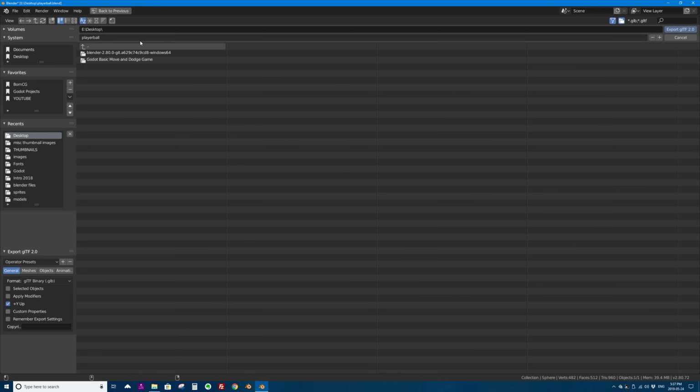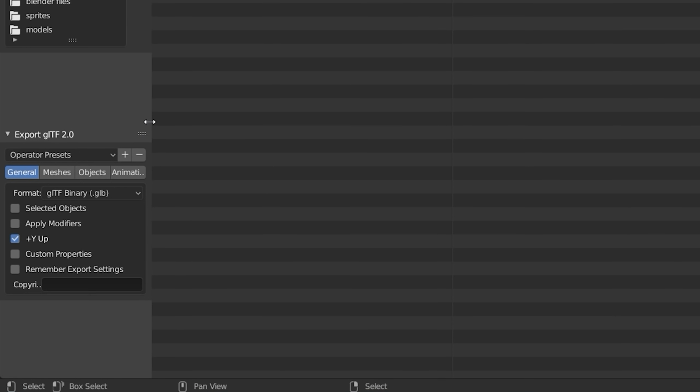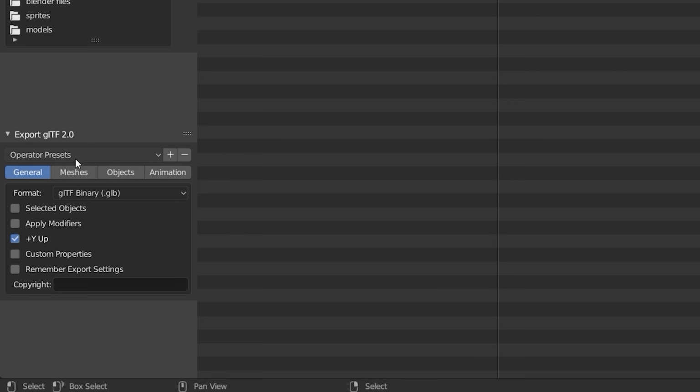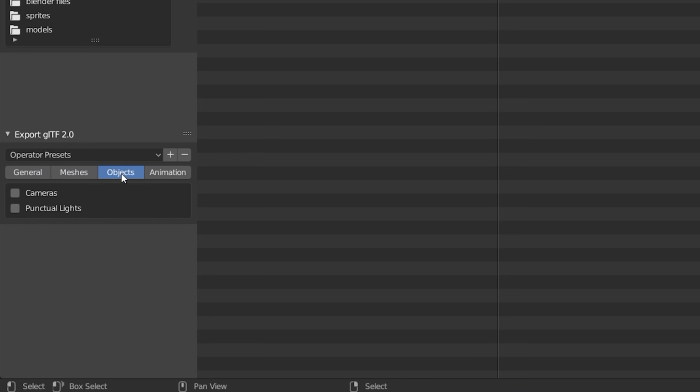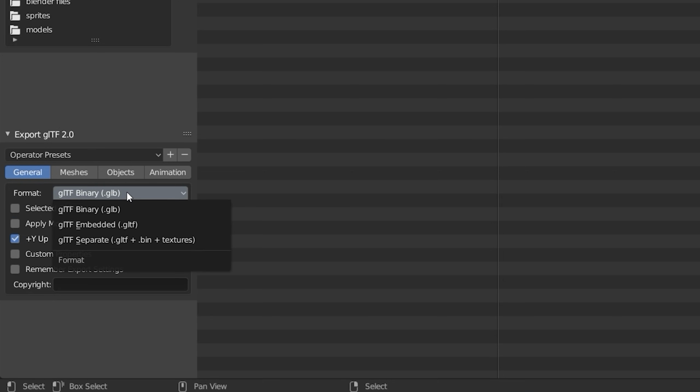And you can see this is a save editor here. So I'm going to go on my desktop and I'm going to name this player ball. But over on the bottom left there are some settings, and if I make this a bit wider you can see them a bit better. There are tabs for different pages of settings, and you really have to be careful here not to change the wrong ones. Everything is almost good by default, except that we want to change the format from GLB to GLTF